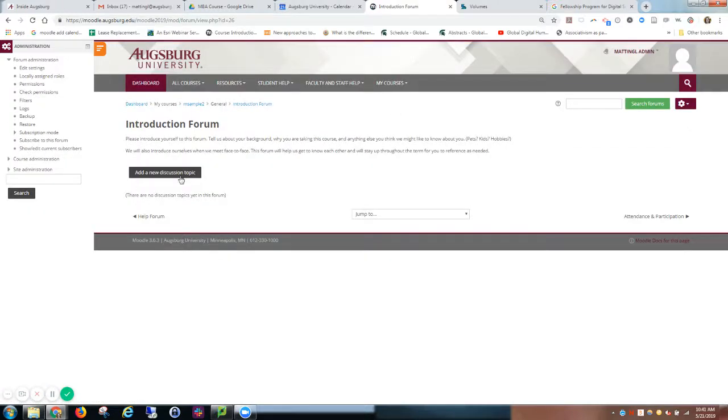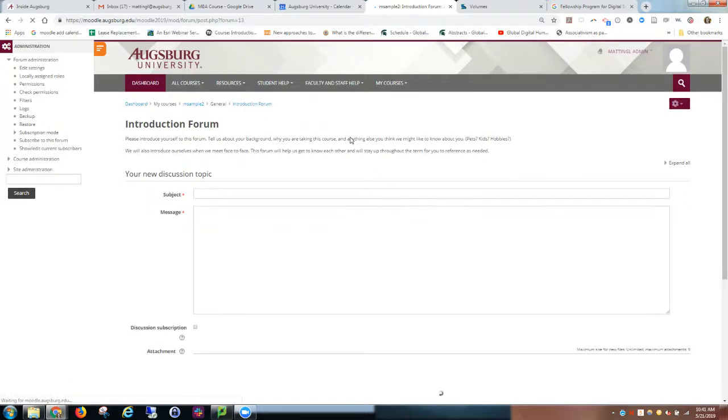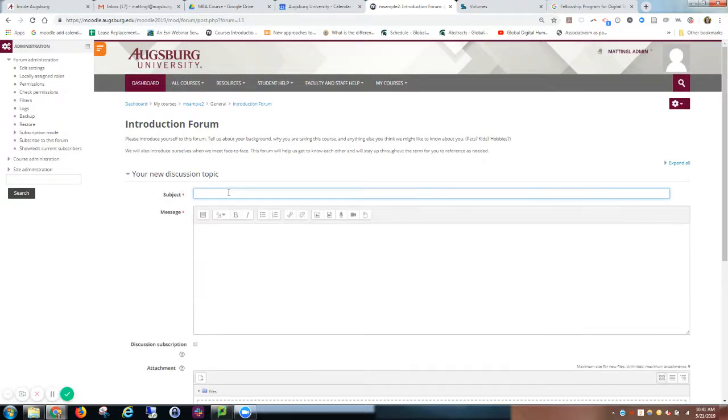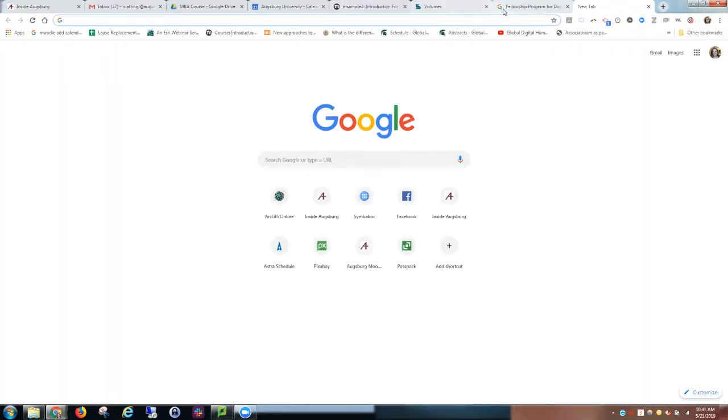It would be the same way, except you would need to be able to paste in the link. So I'm going to add a discussion topic. And I'm going to paste the link in. I'm actually in the newer version of Moodle, but you'll see once you highlight the link to actually make this a clickable link so people don't have to copy it and paste it into a new tab on the browser,